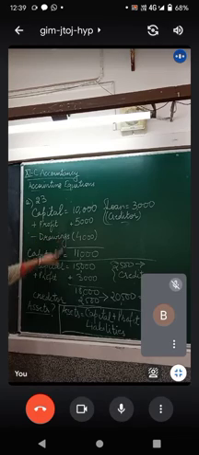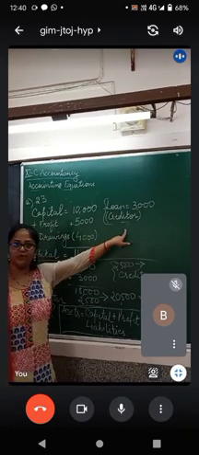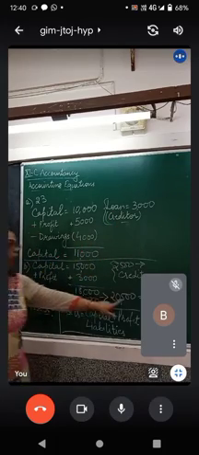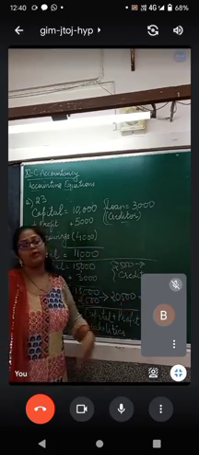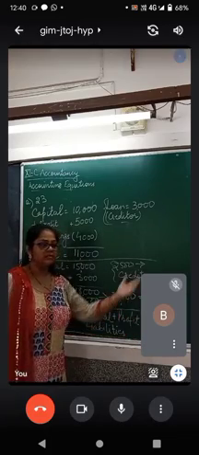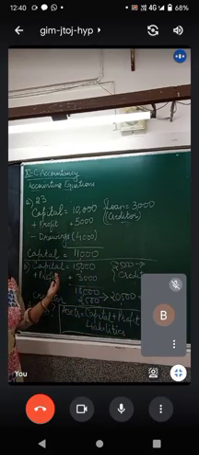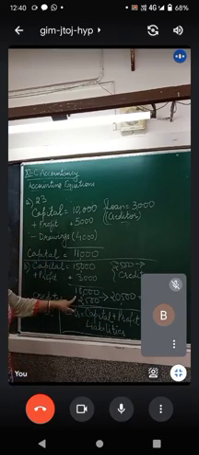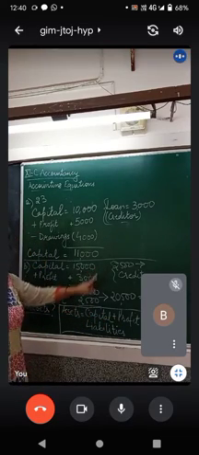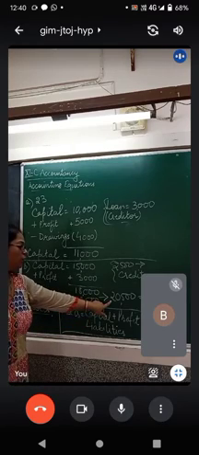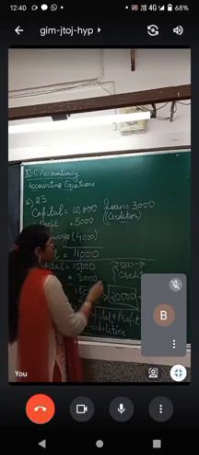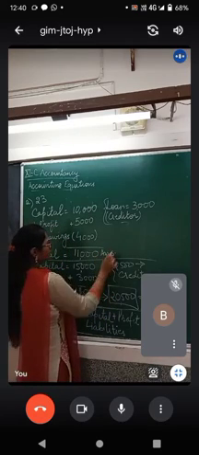So are you getting the difference between the two? If you have to calculate only capital, creditors will not be included. But if you are taking into consideration the total liability side, or if the question says find out the assets, since asset side is equal to the liability side as per the balance sheet, so capital plus profit and plus liabilities and creditors also. So this is how your total amount of assets is rupees 20,500. So this is your answer, and in case 1, this is your answer.